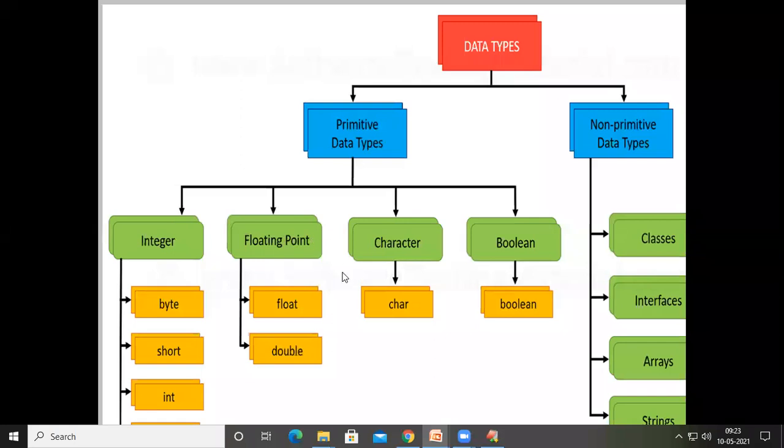For float, the compiler is going to allocate 4 bytes of memory, and for double, 8 bytes of memory. For character, the compiler is going to allocate 2 bytes of memory. And for Boolean, it is going to allocate 1 bit of memory to store either true or false.